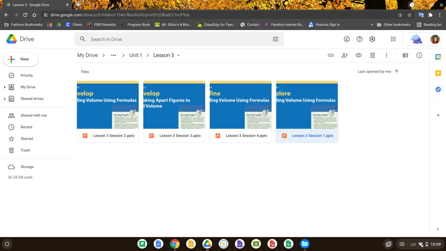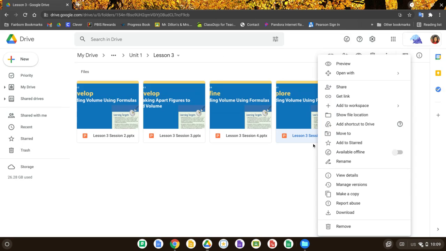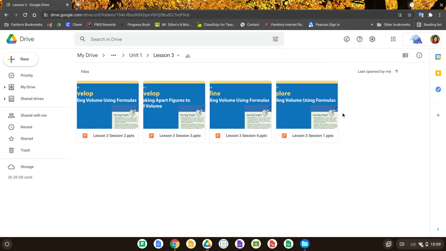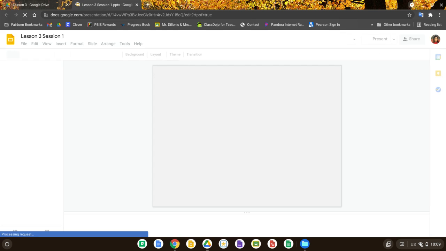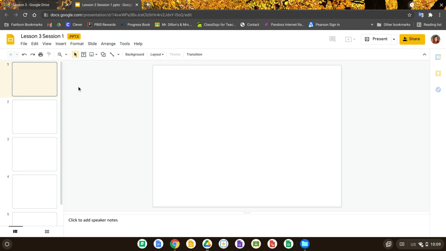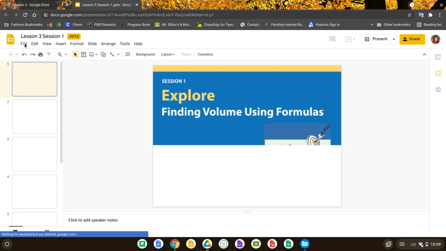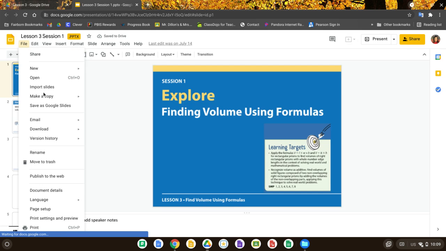You can make a copy through just right clicking and making a copy this way, but it will save it into this drive, and then you probably won't be able to move it out of that drive because the drive is locked down. So instead, what I would do if I were you is open up the slides that you would like to use. And then once they are fully open, you will be able to go over here to File, make a copy of the entire presentation,